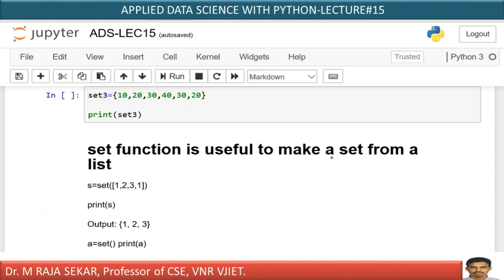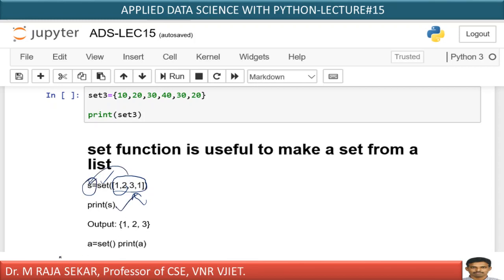The set function is useful to make a set from a list. That's what we discussed. I can create a set in two ways, either by using these curly braces or by using the set function. I can create a set by using a list. This 1, 2, 3, 1, is it not a list? I must pass the list as an argument to set, so that it will return the elements of the set. Those elements we are collecting in a variable s.